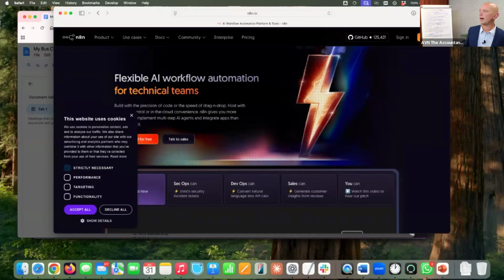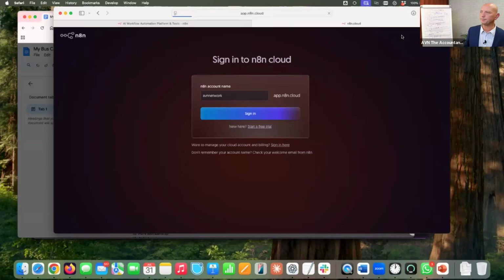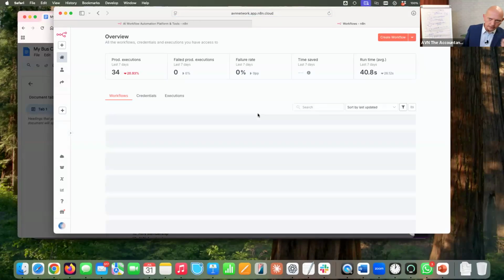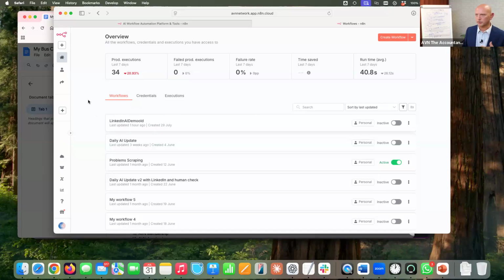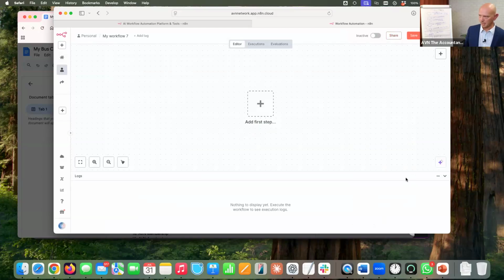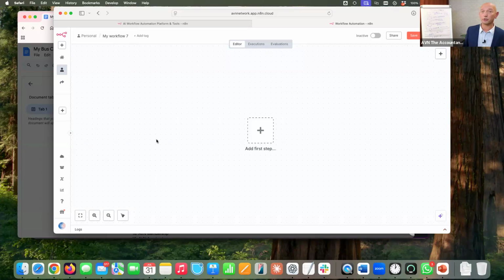Now, I'm just going to sign in. Again, in the interest of time, I need to go through this fairly quick. So obviously you would need to set up an account and things like that, but you do get, I think, a 7 or 14-day trial as well. Now I'm going to create my workflow from scratch. And when we start, we just get this blank sheet. All right, so that can be a little bit daunting in itself. But I've created my flowchart.